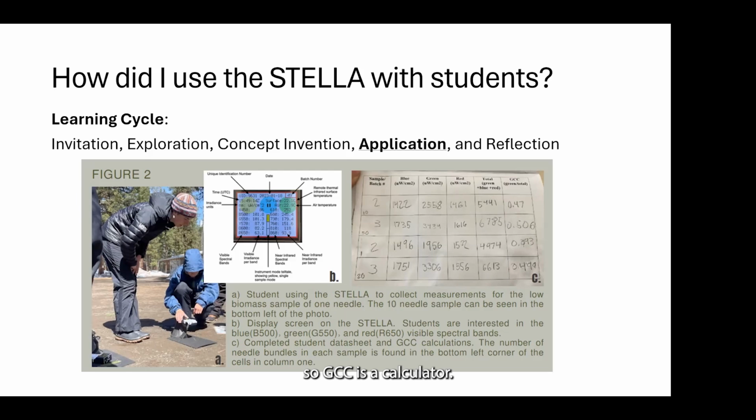So GCC is calculated using the blue, green, and red spectral bands. That calculation is just the total of blue, green, and red. You take the green and divide that by the green, blue, and red total. So it's a simple calculation for students. It's not super complex. And so they gather their data in this data table here using the different levels of